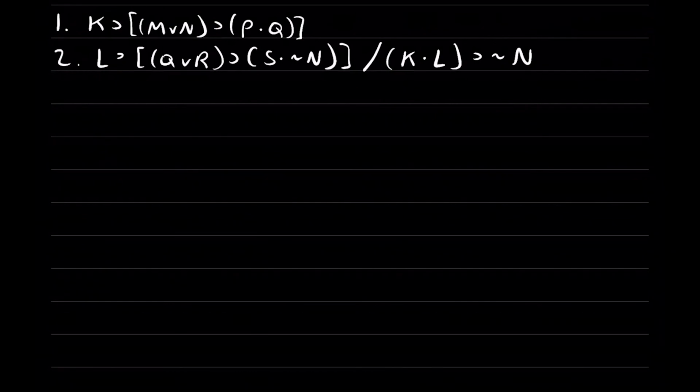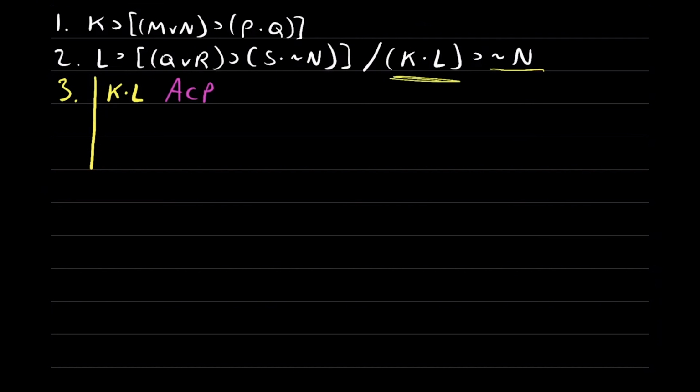So because the conclusion is a conditional, I'm going to start out by doing a conditional proof sequence. On line 3, I'm going to make an assumption. I'm going to assume the antecedent of that conditional, K and L. And I'm doing that for conditional proof, so we're going to cite it ACP, assumption for conditional proof. Now here's where you should pause and think about what you're doing. We're doing a conditional proof. We're assuming the antecedent of the conditional, K and L,